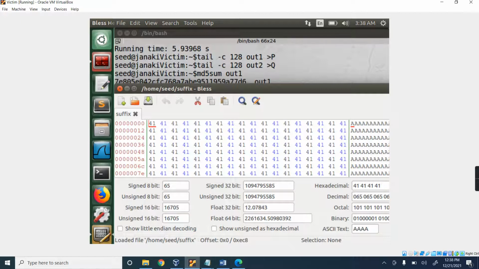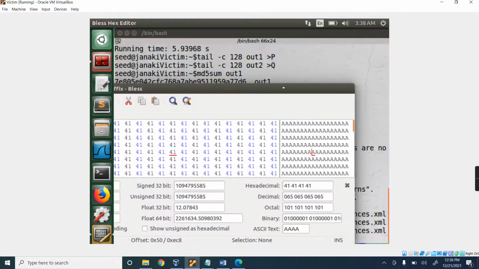Here there is all x, the remaining x. If you see moving from here, this is where x ends. Now y is starting. Y is starting at decimal offset 193. Right? Y is starting at 193.